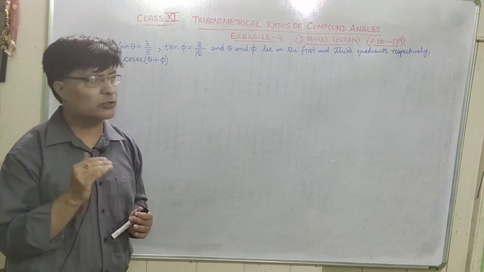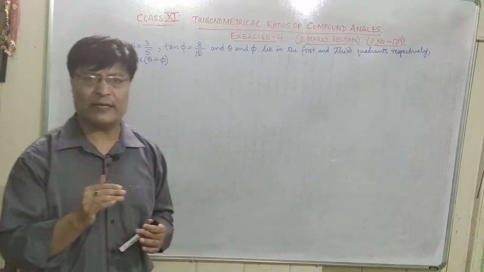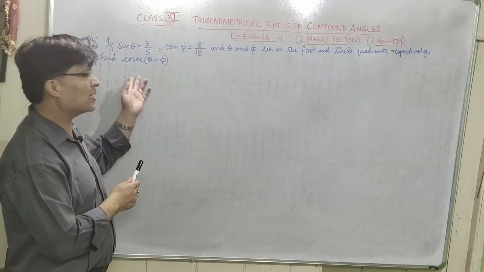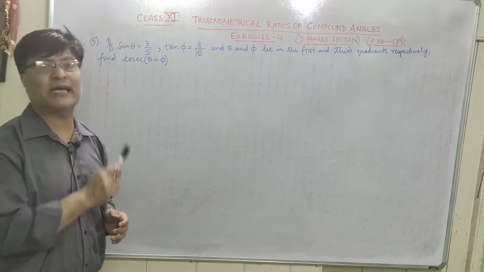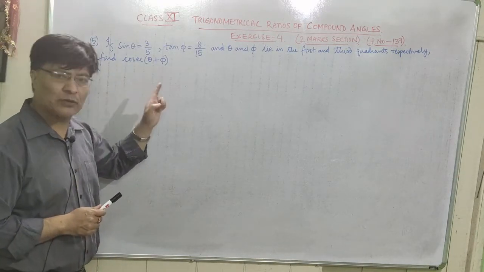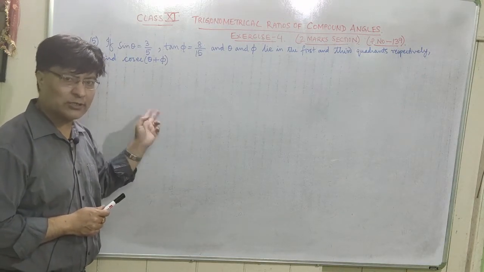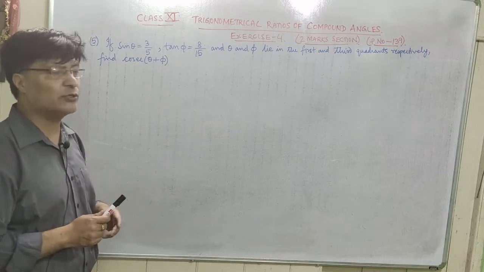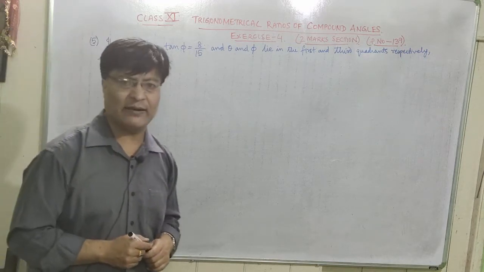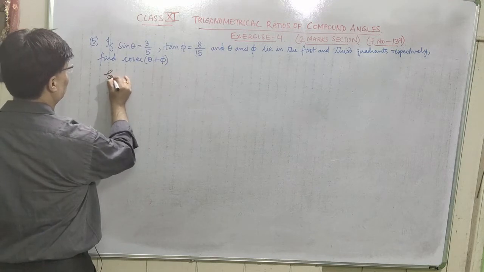Sine a cos b plus cos a sine b. Similarly, it is sine theta cos phi plus cos theta sine phi. So you have to get the value for sine theta, cos phi, cos theta and sine phi from the given values of sine theta and tan phi. Okay, so here given is